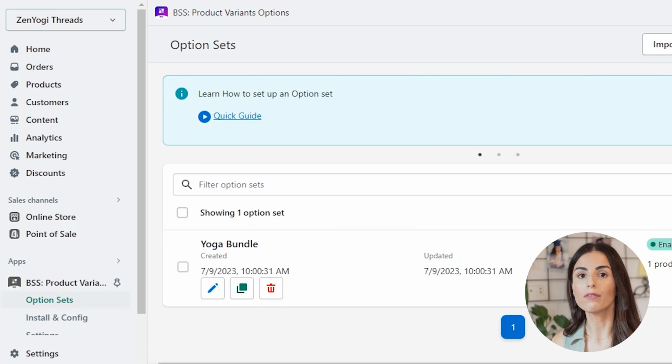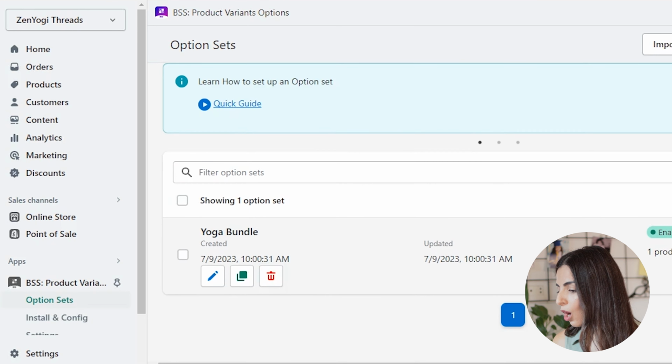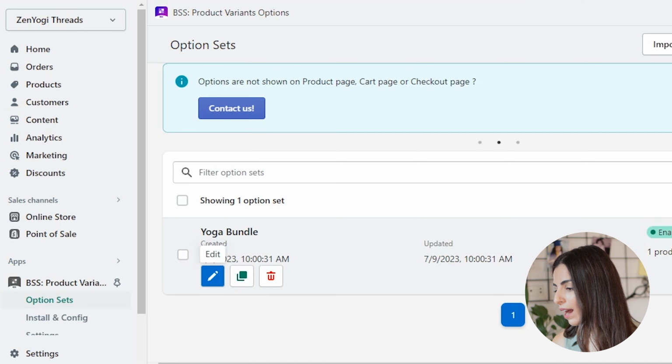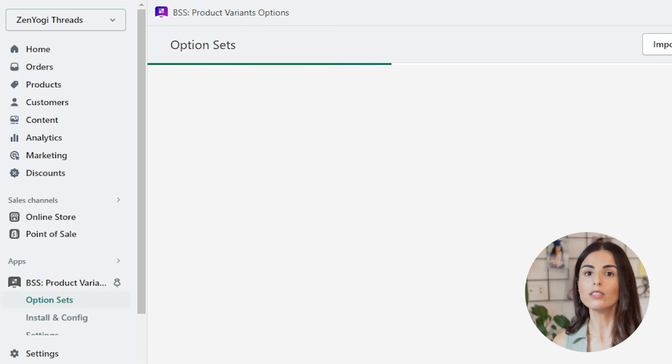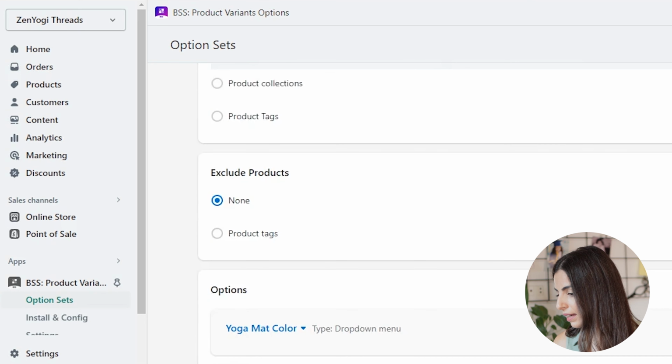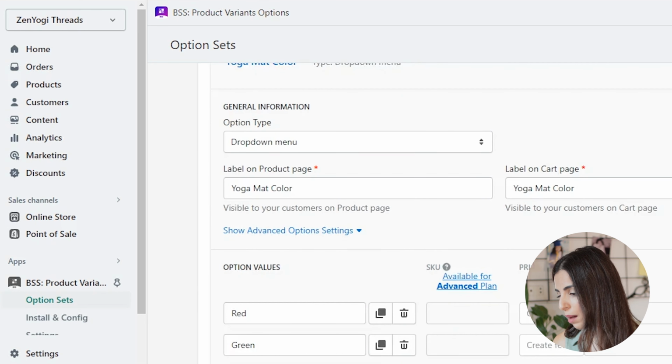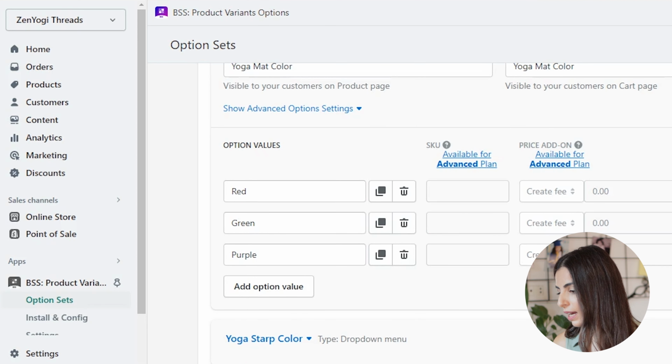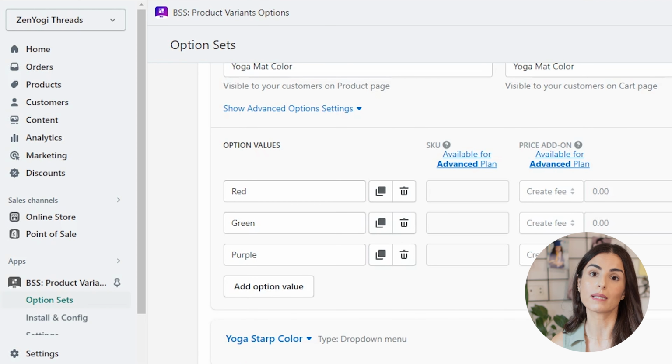If you sign up to the paid version of this app, you will be able to also make the options in here more advanced. So if you want, for example, the red yoga mat to be more expensive than the yellow yoga mat, you can do that. You can add an increase in price in here in the options. I'm not gonna do that. I'm gonna keep it simple, but you can do this in here as well if you subscribe to the paid